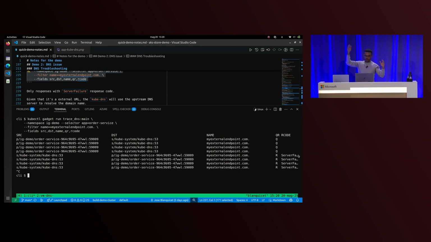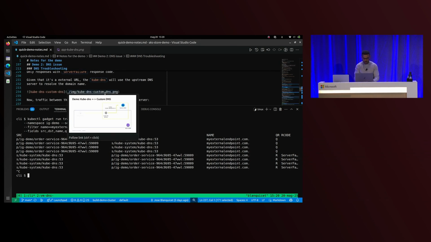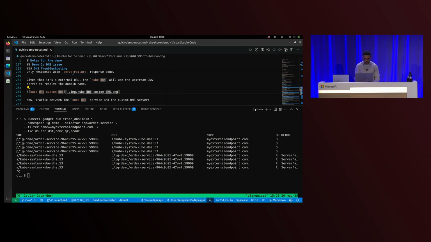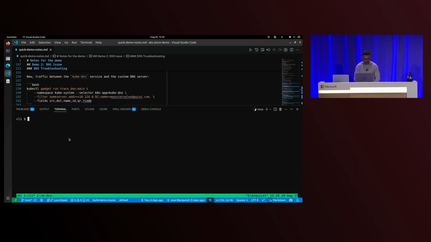But remember that when we are resolving an external URL, the upstream DNS will also be involved. So let's check if that failure is coming from the upstream DNS or if it is the kube DNS that is responding with that error. To do that, we will simply change the filter.